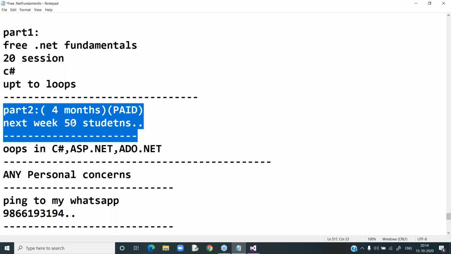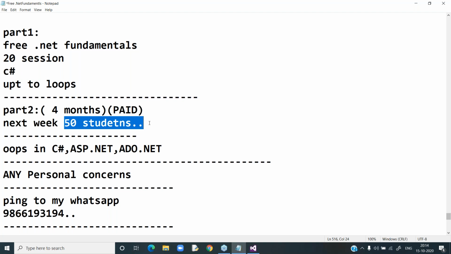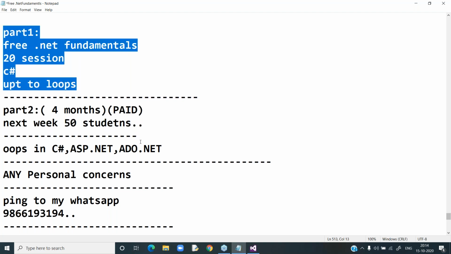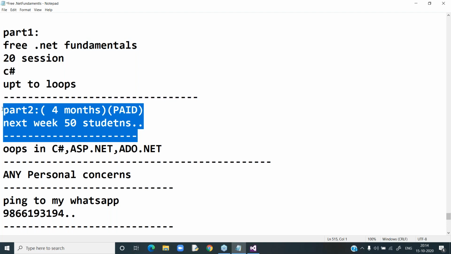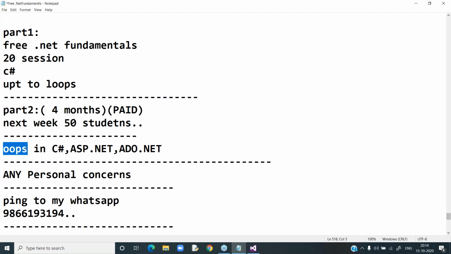Next week we are starting with 50 students only. Not taking 1,000 students. I'll take only 50, because we cannot place them if I take 200 or 300. What is the use? If a student attended my 5 months course and I didn't place them, no use, right? That's why, when we start this paid course next week, we will start object-oriented programming in C Sharp,